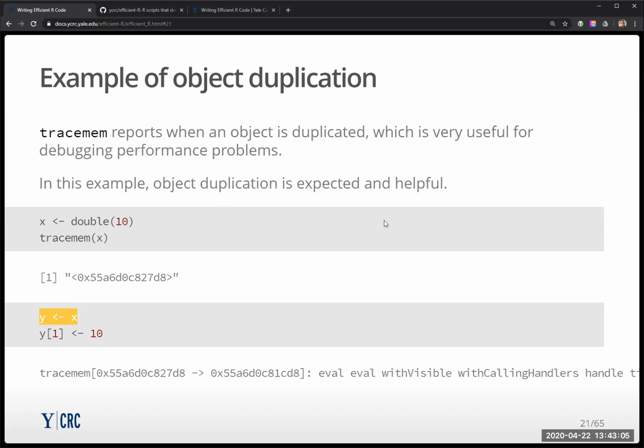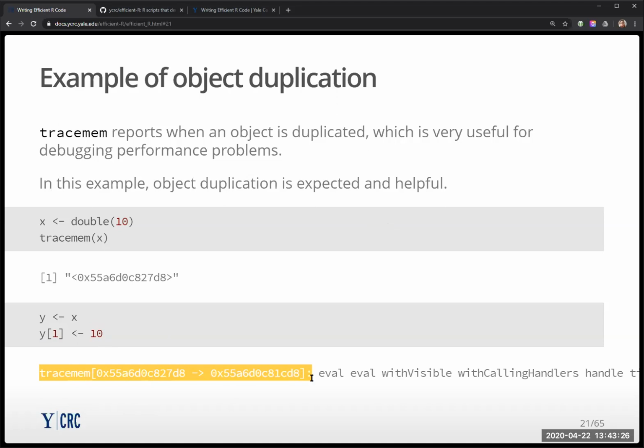And if not, why not just point to the same place? And so until y needs to be different from x, they will both point to the same place. But when I want to change something about y, say I assign 10 to the first value of y, tracemem will give me this message saying that the object that was stored at this place in memory,